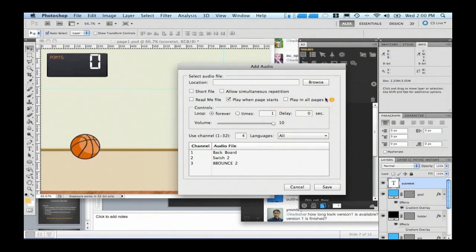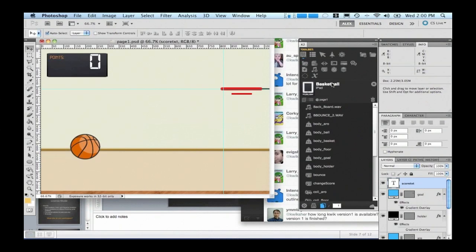You have the concept of playing across all pages, and here you can set the volume for the audio because you are working with different channels, as well as a view of all the audios that you are using. And if the audio used is a global one, you're going to see the G here. So, okay, there's a global audio in channel 2. So I'm not going to work with channel 2 because there's something already in there. So here you add audio.